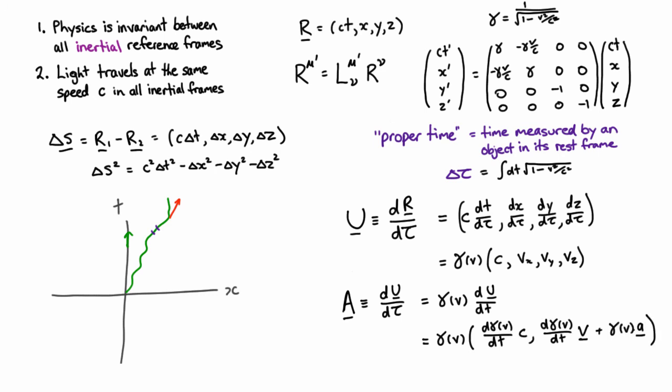where this velocity and this acceleration vector are the 3-vectors for the velocity and the equivalent acceleration. Now gamma of v varies quadratically with v around v equals 0. So in fact, in the instantaneous rest frame, these derivatives of gamma with respect to time are both 0 and gamma is 1. And so in fact we have something that looks just like the normal 3-acceleration near the instantaneous rest frame. So in other words, at very low velocities.